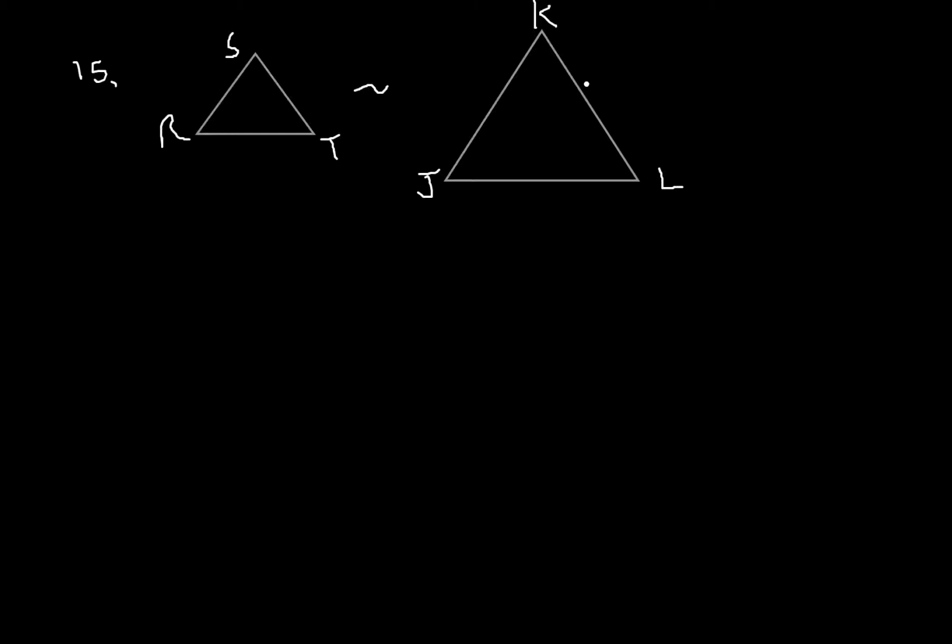It says RA and JB are medians to the sides. So if they're medians, it means it's going to divide the opposite sides directly in half. Okay, they are medians. Now the thing to keep in mind here is that medians are also proportional. If the triangles are similar, the medians are also proportional. So this really isn't hard at all. So we have RS is 10, JK is 15,